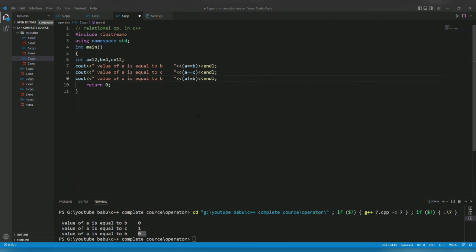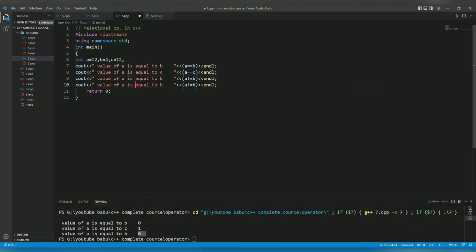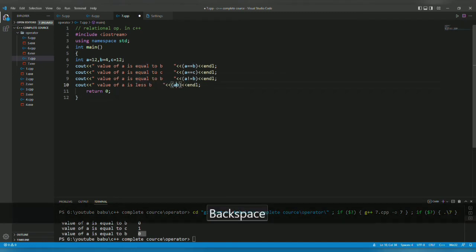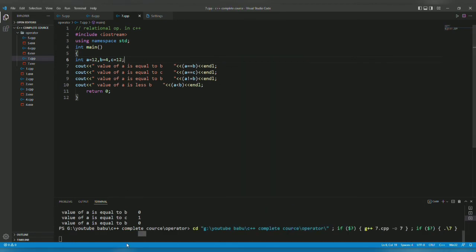Now our next operator is less than. a is less than b. We all know the less than and greater than in maths. This is basically the same. So if a is less than b, then it will print the value as 1, and if not, then it will print 0.